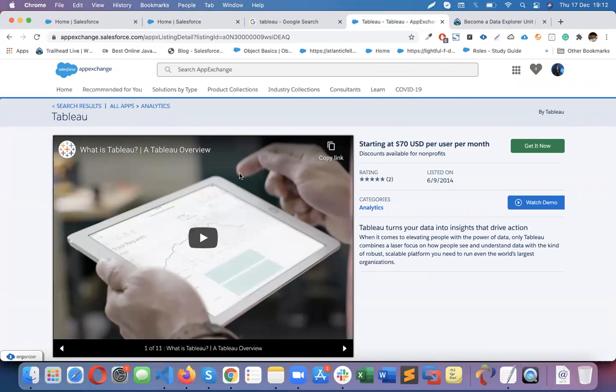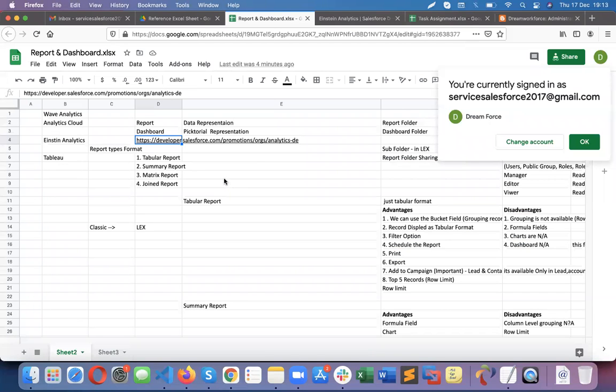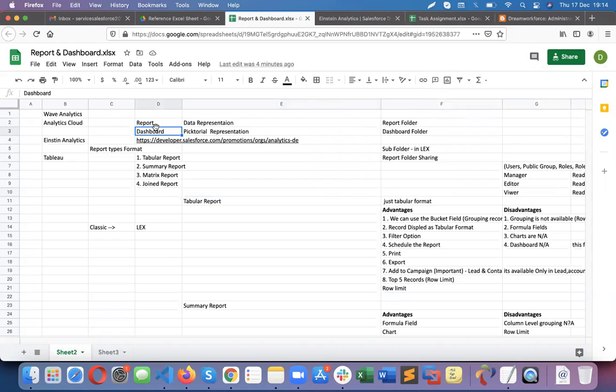Now what we are going to see is the standard report and dashboard in Salesforce. Only the features available with the standard report and dashboard are what I'm going to cover today. Generally, report means